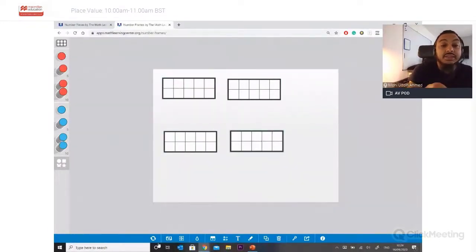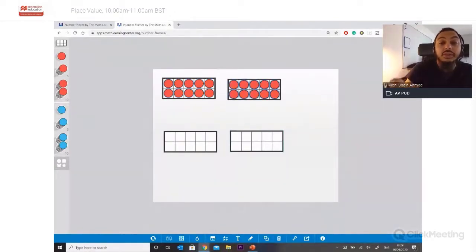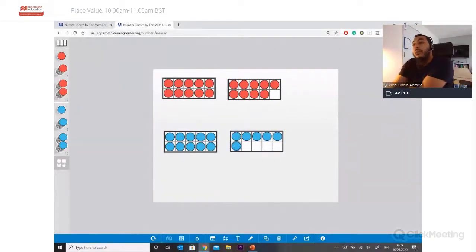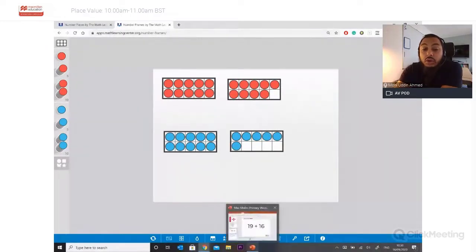So I've got 19 is 10 and 9. Let's get rid of this 9. And 16 is 10, a 5, and a 1. Great. Okay. So here we've got 19 add 16. If we've worked heavily on the structure of numbers and number bonds up to 10, so number bonds to 10, something like 9 and 1, 8 and 2, 7 and 3, and so forth, and number bonds up to 9, like 5 and 4, 6 and 3, 8 and 1, and so forth, if we've done that for a while, our children will realize that actually this question of